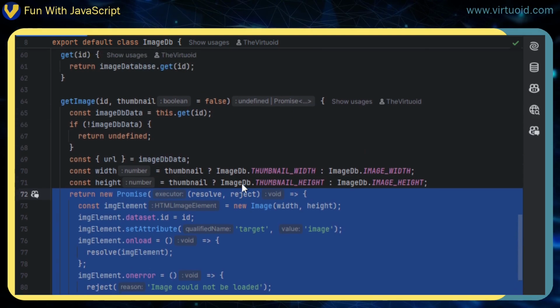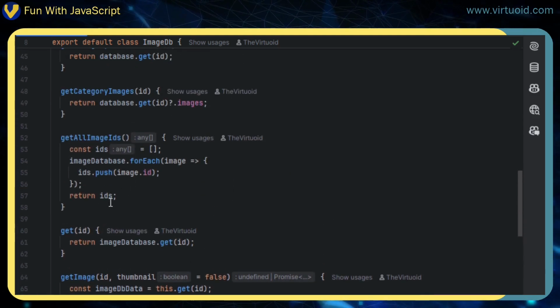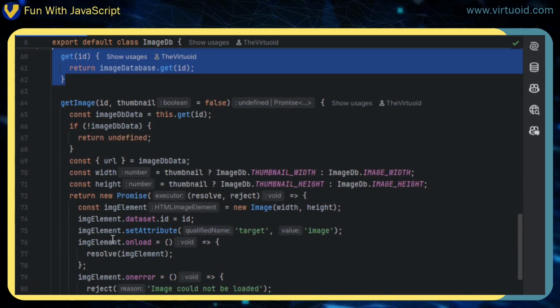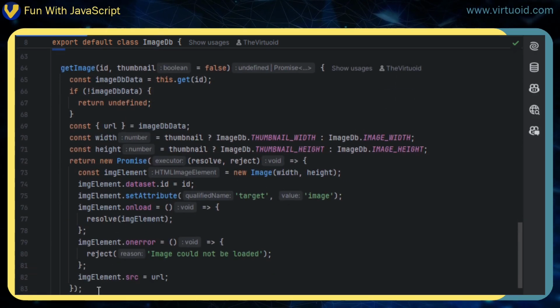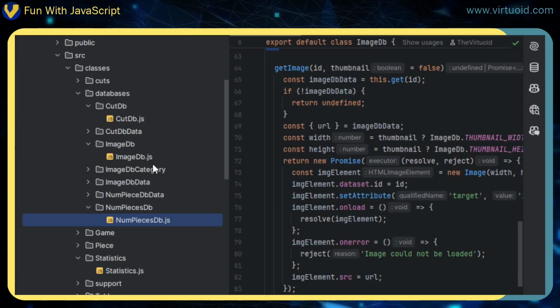All the databases run this exact same way. So I know I can always do get all image IDs, get all the IDs, and get an image. So no matter what database I'm working with, I can just call the get image, kind of like a factory, and know that I will get the information that I need, whether it's a JPEG image, or it's a span in the case of num pieces. And that's basically it. In fact, that's pretty much all there is to it. These are just some very simple little support classes that I have here in the game to help me get the game itself. Our next video is going to cover the really fun stuff, and that will be the UI,